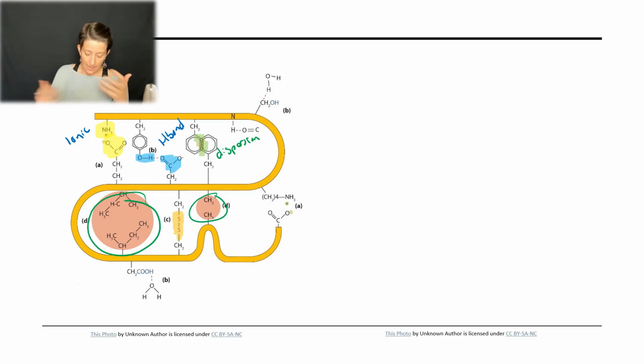And then we can have interactions between the backbone and R groups and water, but it's the purpose behind seeing how these R groups interact, why we need to be able to classify them, so we can understand how it's going to fold and orient itself, both within the protein, but also with its surrounding environment, which you'll see in your proteins